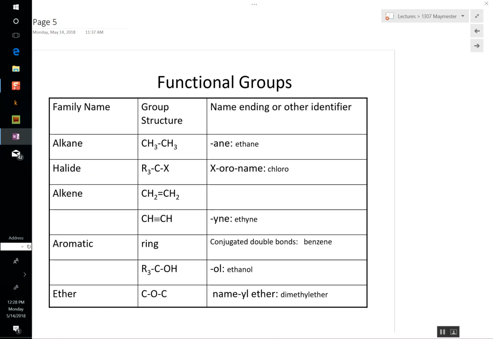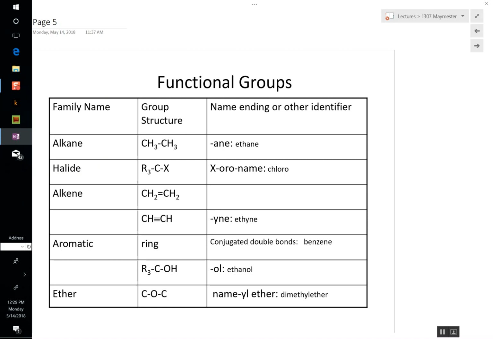In chapter 12, we'll also look at ethers. Ether is a class. Dentists used to use ether to anesthetize a patient before drilling a tooth or whatever. They use a particular compound, but that is a class of compounds. And what's the functional group? A carbon-oxygen-carbon bond. So that's chapter 10, 11, and 12, and that's the exam on Friday. Are you filling in all the blanks?